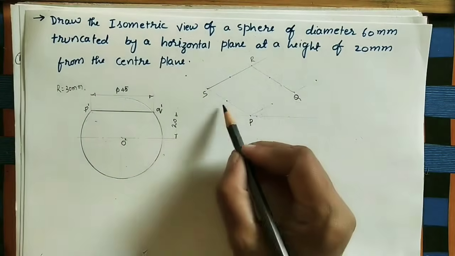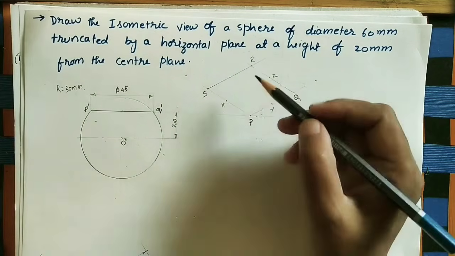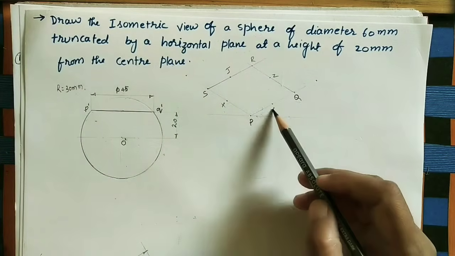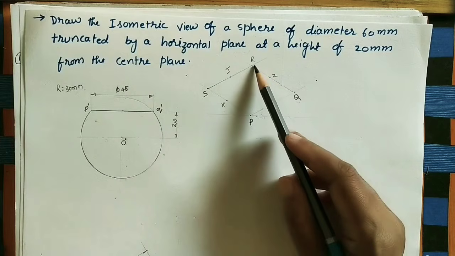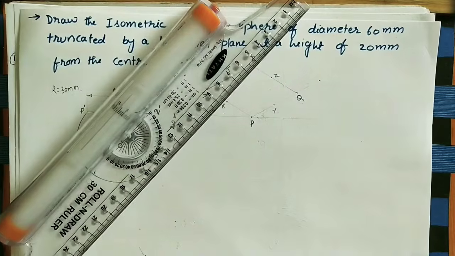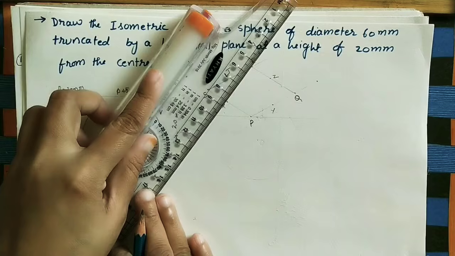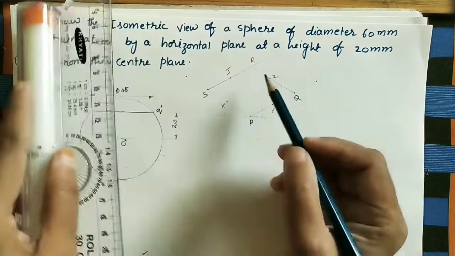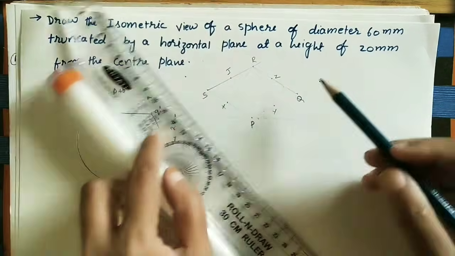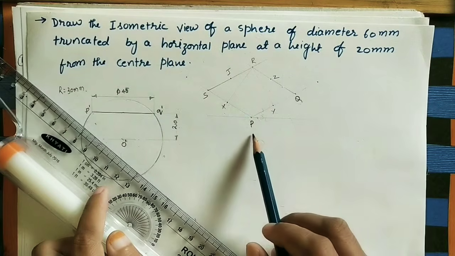I will give some names here: X, Y, Z, and let us take any other alphabet, let us take some J point. Any alphabet we can take. Take these two middle points and join to the opposite end of the rhombus. Do thin lines. These are the construction lines for the ellipse, like this. Here also join. So these middle points we have joined to the opposite ends. Similarly, join these two middle points to this P point.